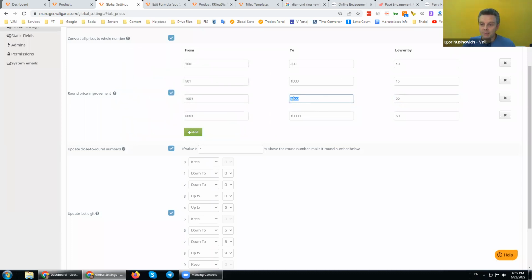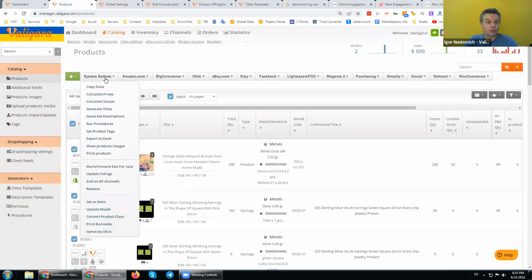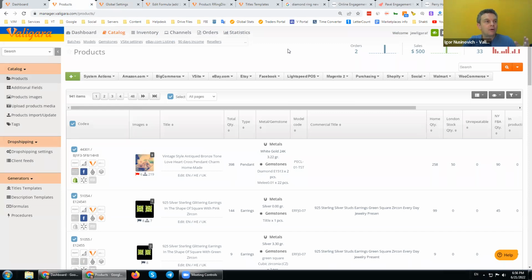So let's say my calculation ended up with exactly 4,000. Valigara will automatically change it to 3,950 by using this 30. Now, if we allow just 1% from 4,000, 1% from 4,000 is 40. So let's say the automatic calculation with a formula, where I applied some formula with system action and then calculate values, ends up with 4,005, which is quite absurd.